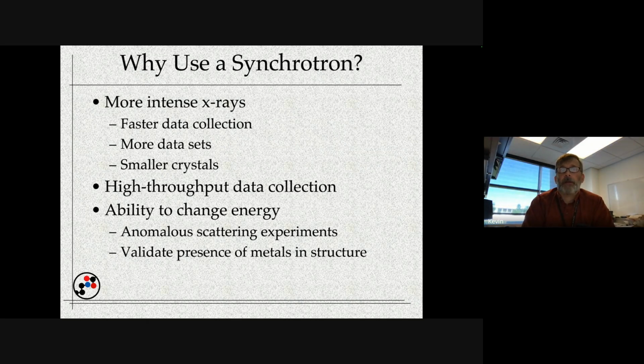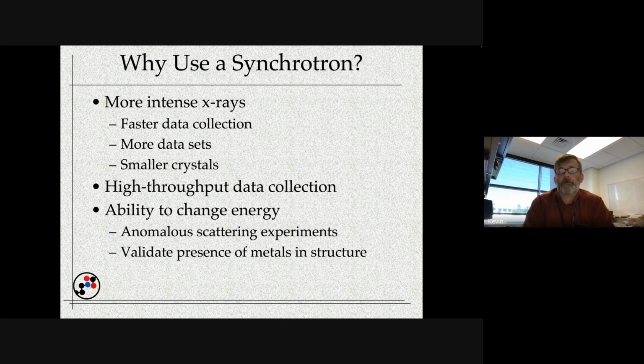You can do high throughput data collection at a synchrotron. You can change energy at a synchrotron. Now, some home generators will let you choose between maybe two different energies because they'll have two different anodes that they can swap back and forth. But at a synchrotron, there are many beam lines that give you the opportunity to change over a very wide range of energies. And so this can give you the opportunity to do anomalous scattering